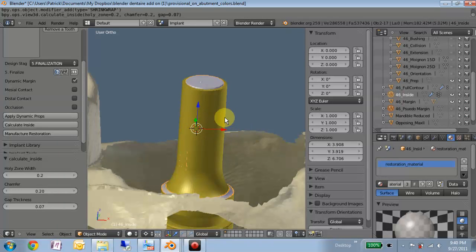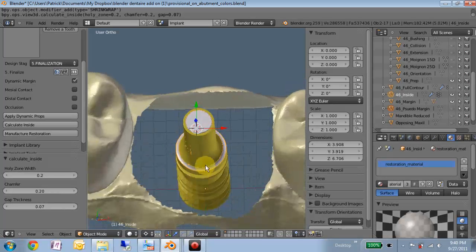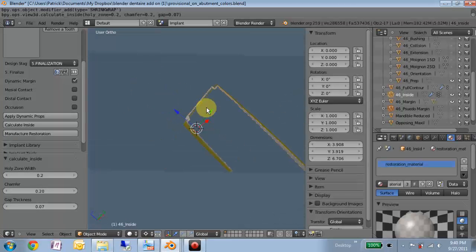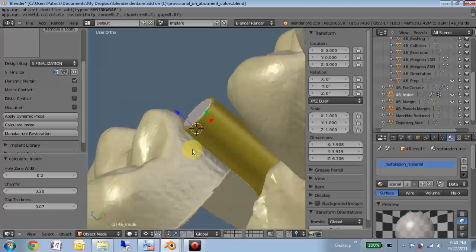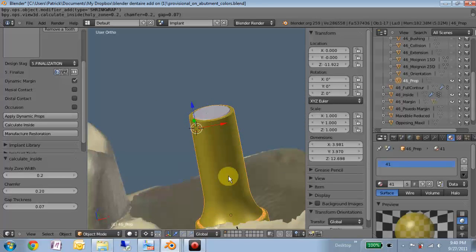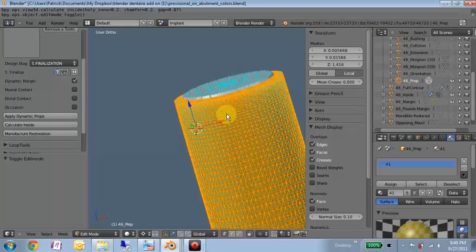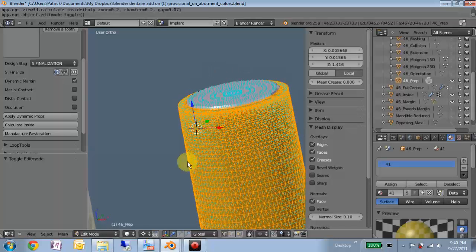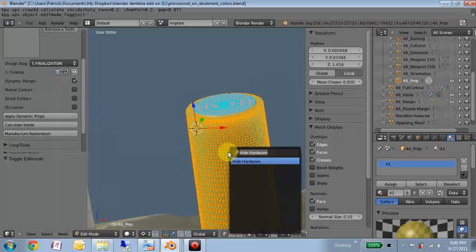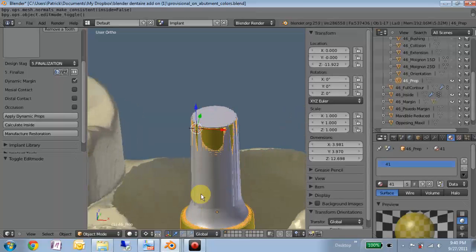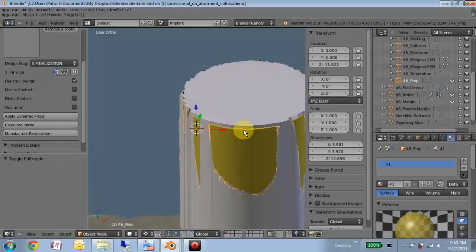Blender depends on the normals of the object that this inside surface be correct. So we see that it has put part of it above and part of it below, and that's actually because of the modeling of this. And if we view the normals, we see that these are pointed out and these are pointed inward. Okay, now we see this is a little bit better, but because of this sharp edge here, it's still having trouble